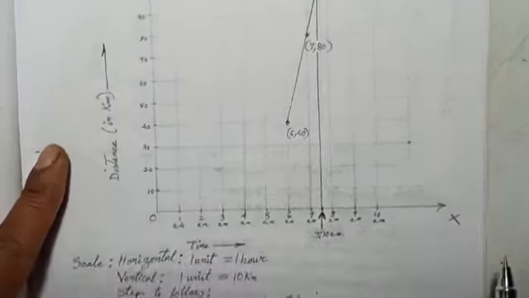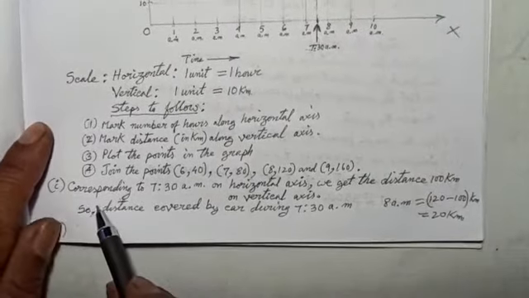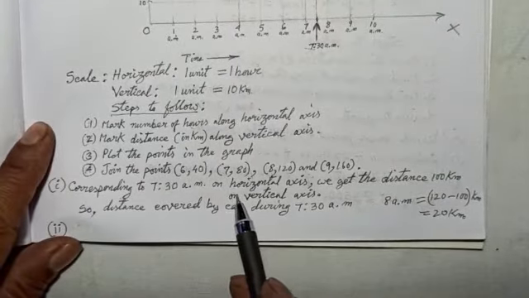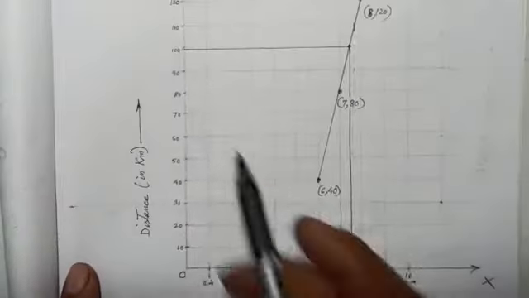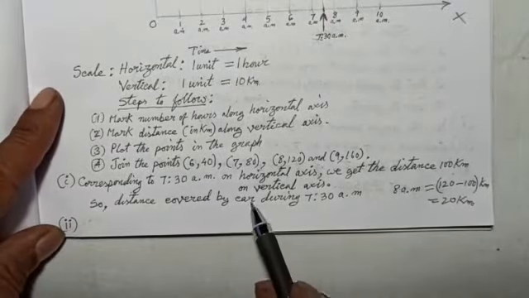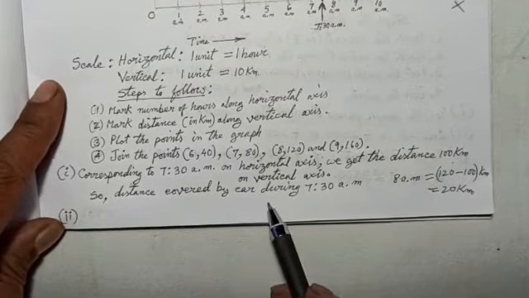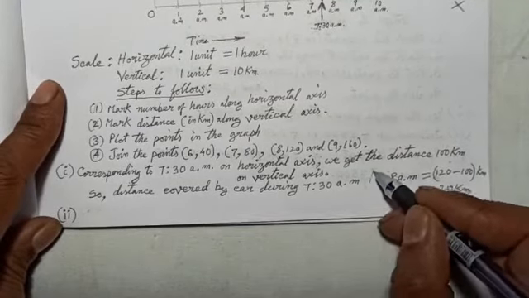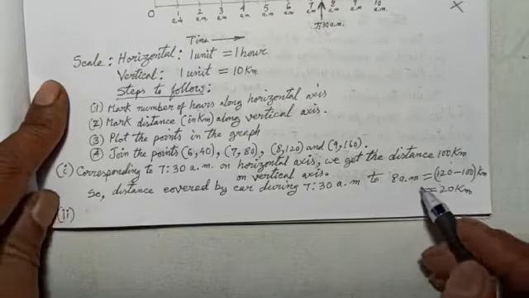So corresponding to 7:30 a.m. on horizontal axis, we get the distance 100 kilometer on vertical axis. So distance covered by car during 7:30 a.m. to 8 a.m. is equal to